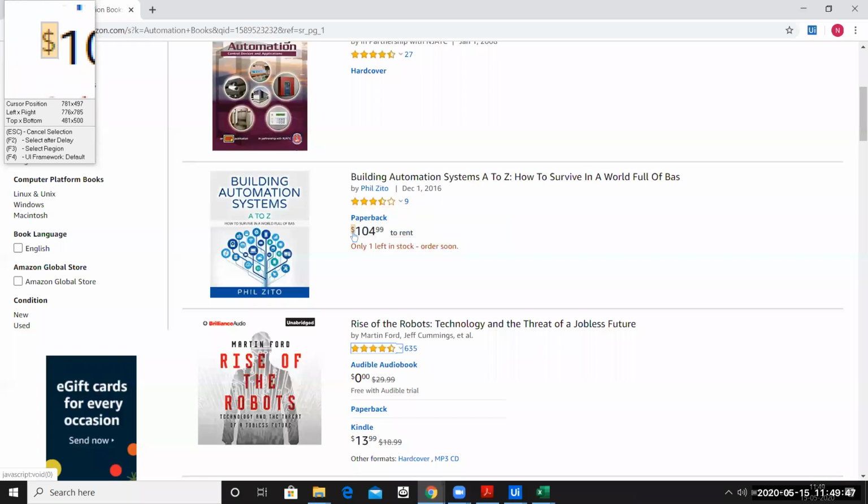Ideally, if I click here, I'm only able to scrape the dollar sign. If I go a little ahead, I'm only able to scrape 104. If I move a little outside, I'm only able to scrape 99, which is perfectly fine because these are three different elements. But if I move somewhere here and there, now you can see I'm able to scrape the entire data. So it all depends upon how you want to scrape the data, ideally. I hope this solves your error, ma'am. Yes, thank you. Welcome.